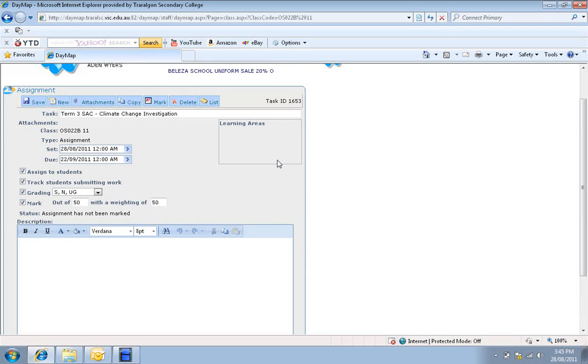reason for that is because I have the option of attaching some documents. So the more detailed stuff that I need them to do, I'm going to put up in an attachment, but I might quickly just give them a notice. Dear students, please complete the,